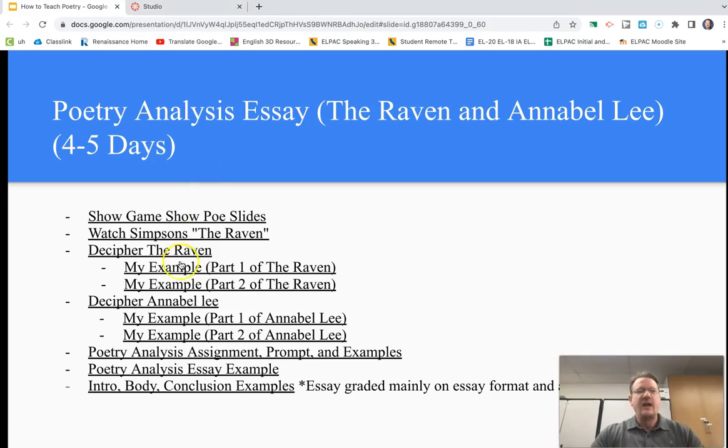Okay, so let me fast forward. We spend, no joke, 15 minutes on the Raven, 20 minutes. Again, the learning arc. We've talked about the learning cycle. Don't spend more time than you need to, because you don't want to bore the students to death. Even if they're enjoying it, too much of anything's too much, right? So you're establishing that what an author has gone through and what an author's going through can set the tone or can influence the poetry at the time. Raven's very dark, very sad. He feels very guilty, etc.